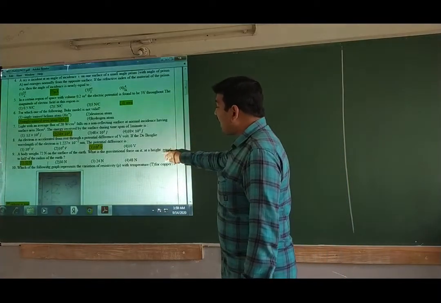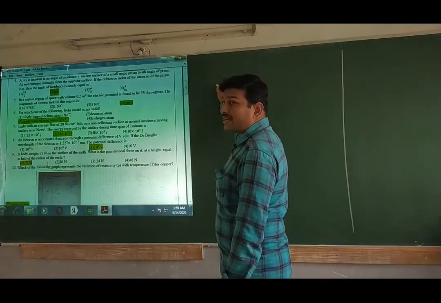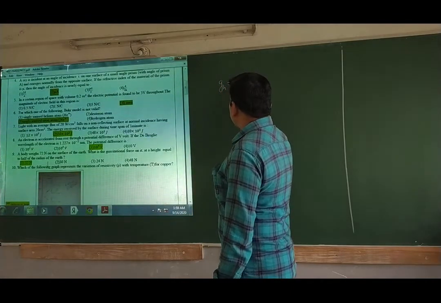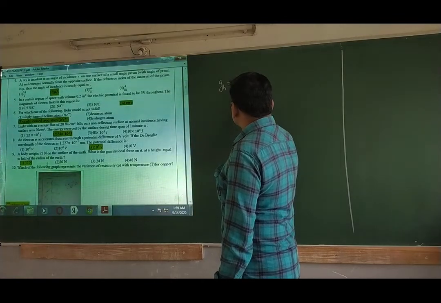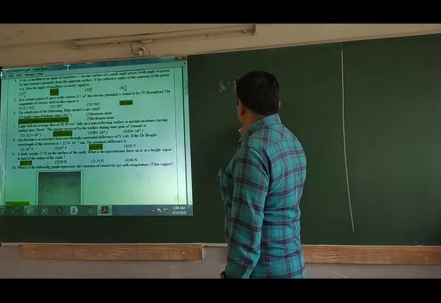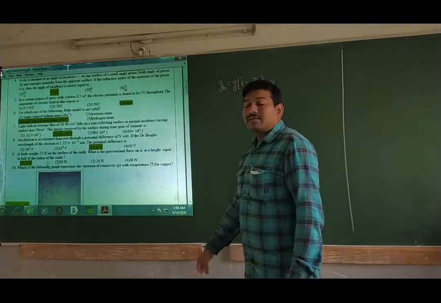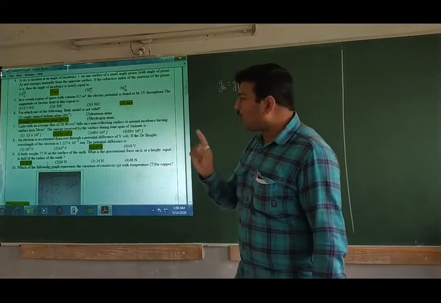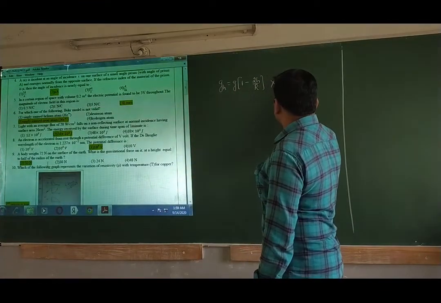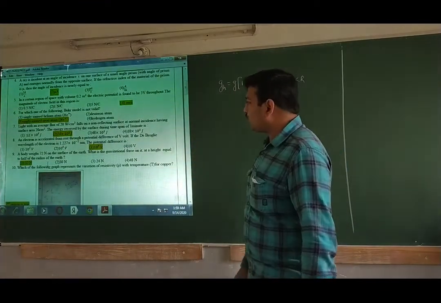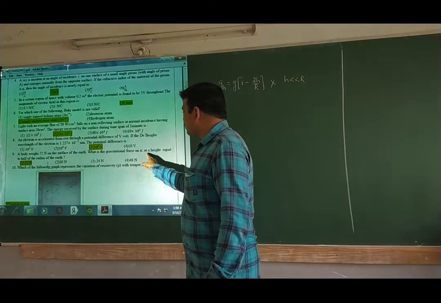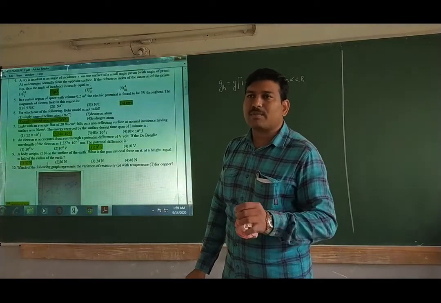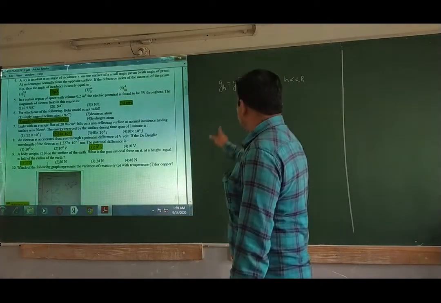So at a height they are asking, variation of g with altitude is given by the formula g_h is equal to g into 1 minus 2h by R. Most of the students will use this formula, but you should not use this formula. This is only a special formula, I told you many times. This formula is applicable only for h far less than radius. But they have asked the gravitational force at a height equal to half the radius. Is half the radius negligible compared with the radius of the earth? No. So we should not use this formula.